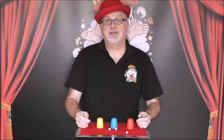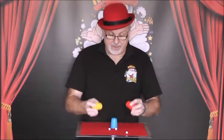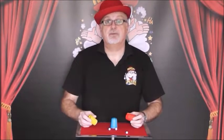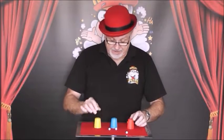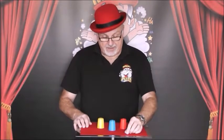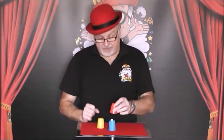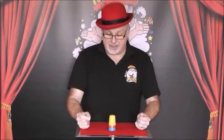Now some people think they have holes in their bottoms. The cups, not the people. But the cups have got solid bottoms. The balls are solid balls too. So we place the last ball on top of the cup. We place the second cup over the first, the third cup over the second, make a magical gesture, and amazingly